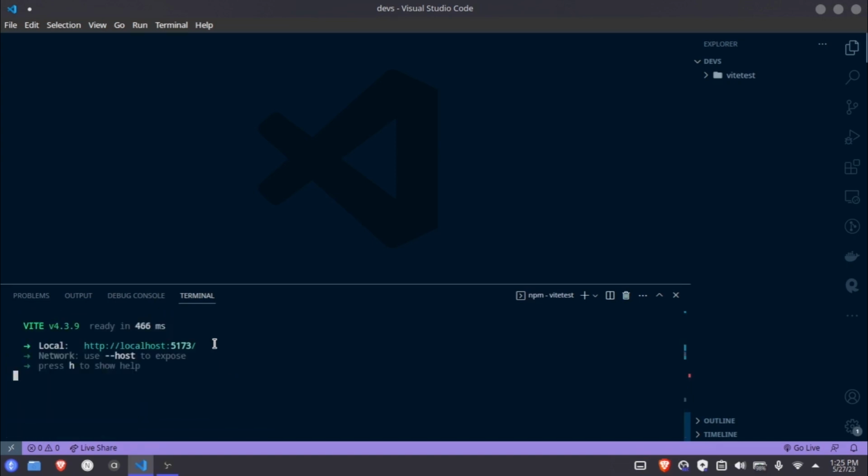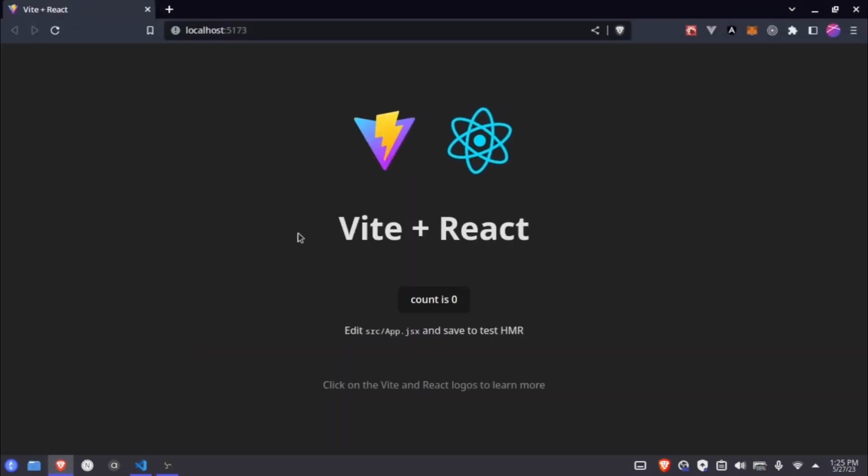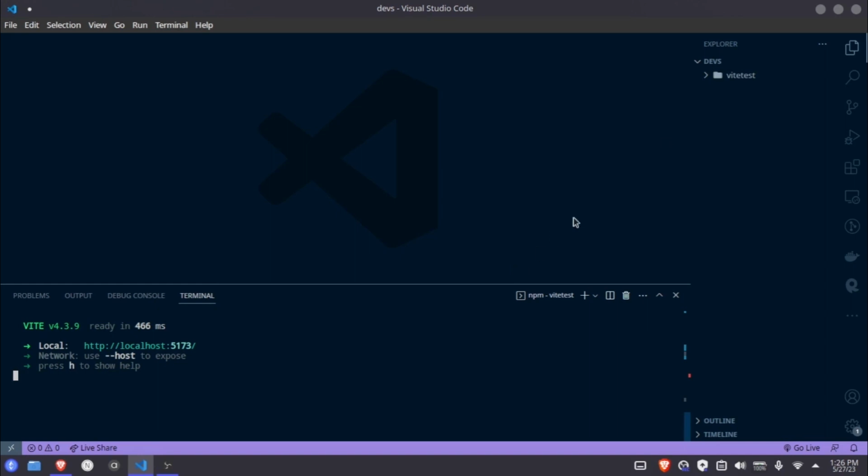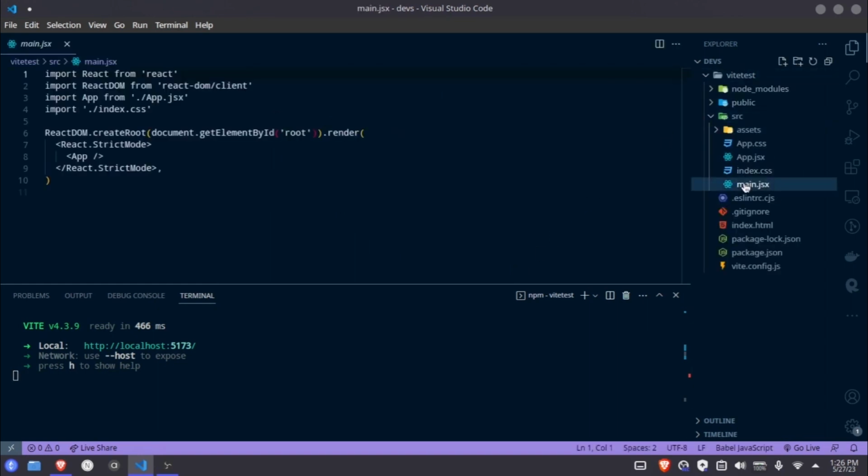So the local development server has been started. You can just copy the URL and paste it into your browser, or just Control and click. So the Vite project has been created. Now we can make some changes in the React code. Just go to src and